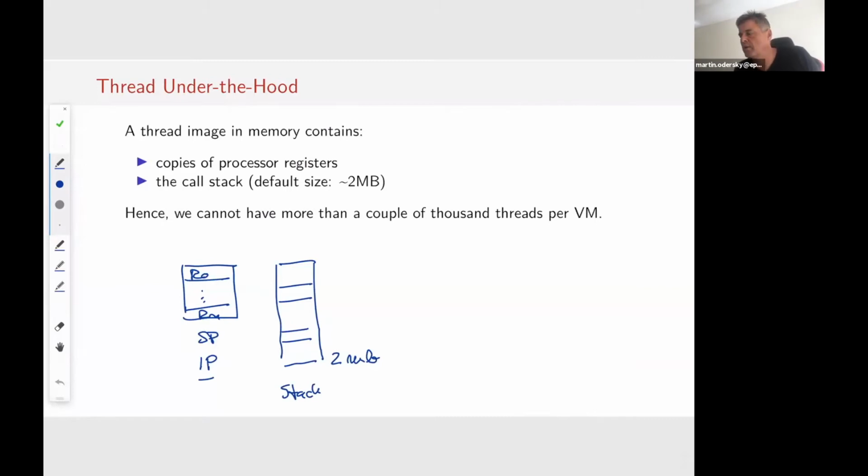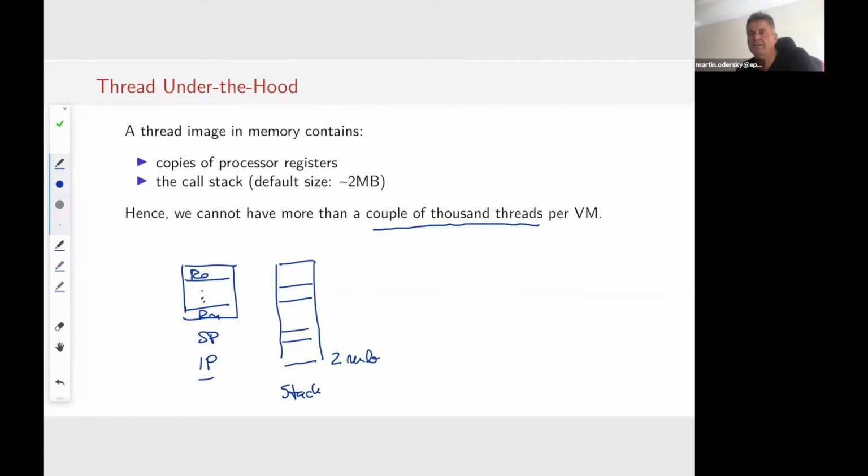So if you are on a 32-bit VM, then you're restricted to a couple of thousand threads. That's your upper limit. On a 64-bit VM, the address space limit is no longer a serious limit. You could have many more. But in practice, there's still pressure, so you can't really go over, let's say, more than tens of thousands of threads, because you get pressure everywhere in the page tables, in the operating system scheduler, and things like that. Things are just not built for more than a couple thousand or maybe a couple 10,000 threads. That's your limit. You might say that's plenty enough, and usually it is.